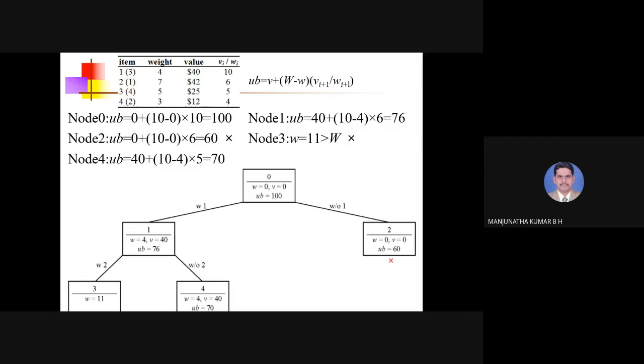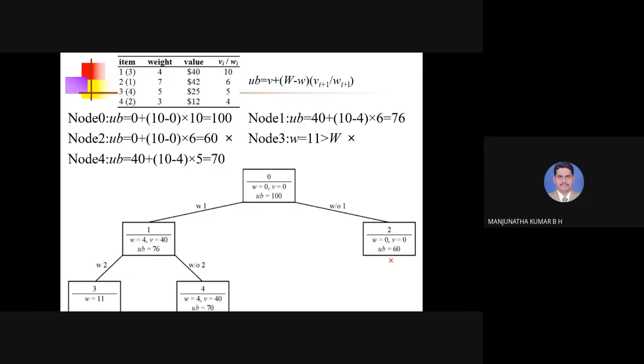Okay, now observe node 3 and node 4. Node 3 is already treated as a non-promising node, and what is node 4? It is 70. So that is currently the best one. And you can see node 2 also. Node 2 upper bound is how much? 60. Even if you compare with node 2, node 4 is the better one. Okay, let me explore node 4 now. I hope till now it is clear. Now I am going to explore node 4.